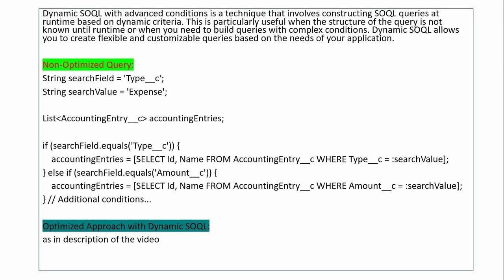With dynamic SOQL, you can build the query string dynamically based on the search criteria, allowing for more flexibility and concise code. String searchField = 'type__c'; String searchValue = 'Expense'; String dynamicQuery = 'SELECT Id, Name FROM account__c WHERE ' + searchField + ' = :searchValue'; List<account__c> accountingEntries = Database.query(dynamicQuery);